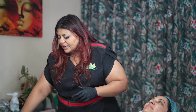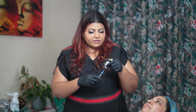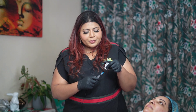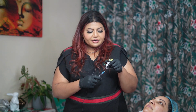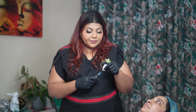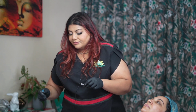This is also not the same as a filler. The swelling that you see doesn't last, but it does in a small way build your own volume by increasing the collagen and the quality of your lips. So it's nice for people who don't want lip filler, or have those lines around their mouth and want to hydrate. It's also very popular with guys, because some of them don't want filler in the lip, so they do this instead to hydrate the lip and give it a little bit of